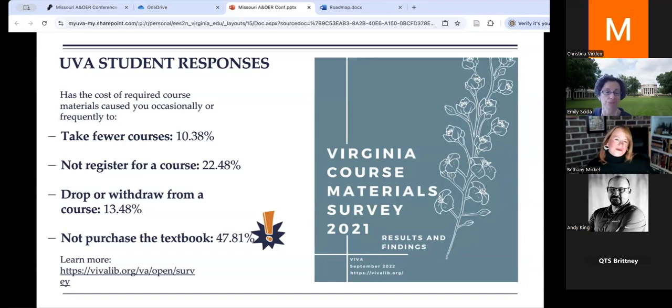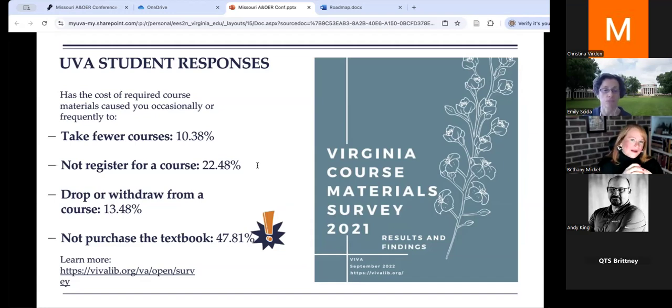So in 2021, which seems way back in the sands of time at this point, UVA took part in the Virtual Virginia Library Consortium, which I'll refer to as VIVA for everyone's sake here, course materials survey. And UVA ranked second in terms of the response rate. So this was sent out to consortium schools within the state.